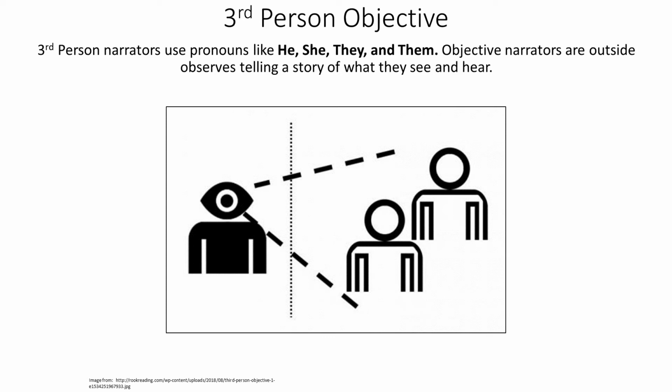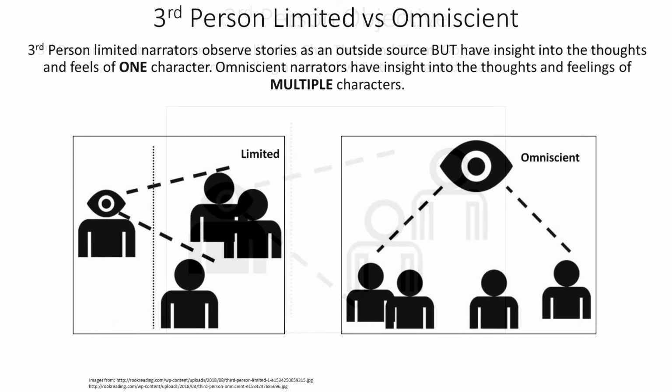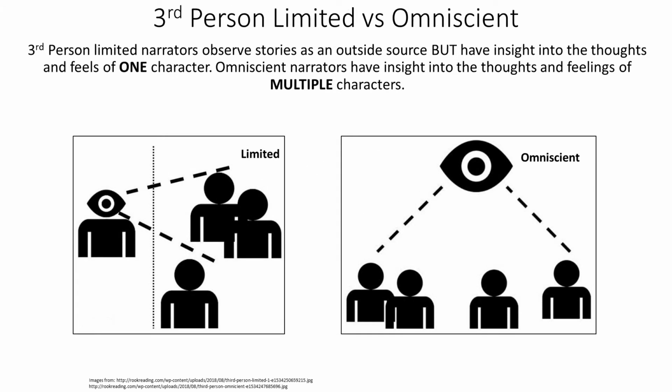It's also important to note that third-person objective is very rarely ever used for fictional literature. It's typically third-person limited and omniscient, which we'll be going over next, that will be used for that. The final 2 narrative points of view that we need to go over are third-person limited and omniscient. Next to first-person narration, third-person limited and omniscient are 2 of the 3 major narrations we typically see in